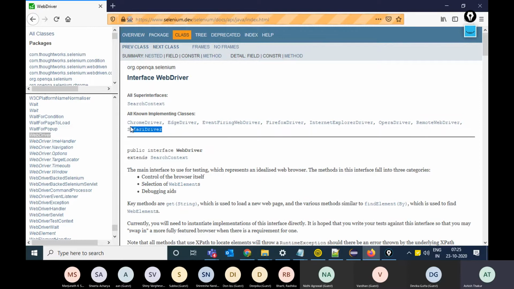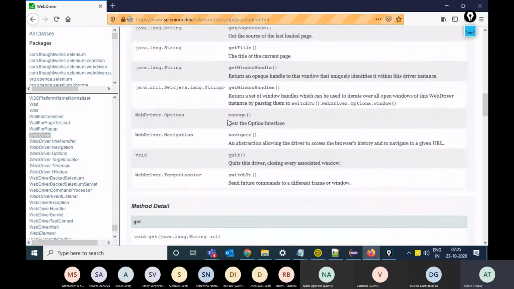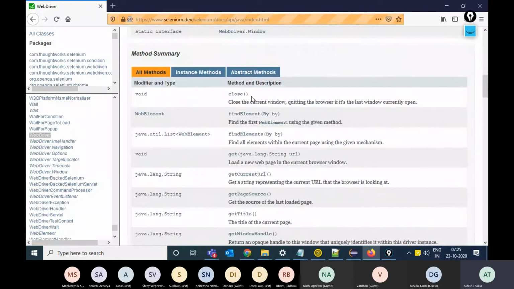All these driver classes implement this WebDriver interface, and this WebDriver interface has got functions which can interact with the browser.